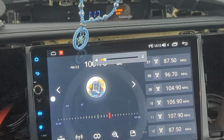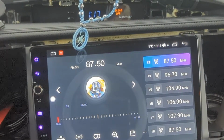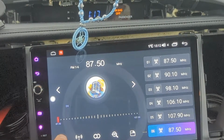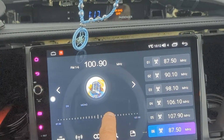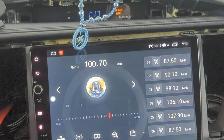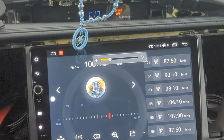107.9 is kind of far away from me, so I'm not sure that would come in all that amazing. I don't know what this band is, AM, FM. I'm not going to use the radio much, but